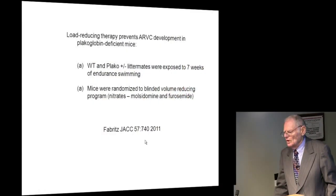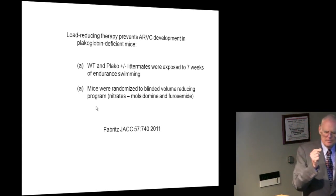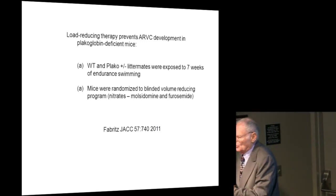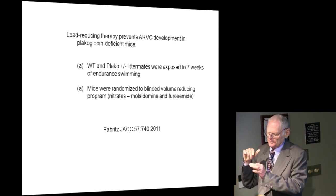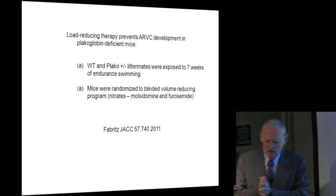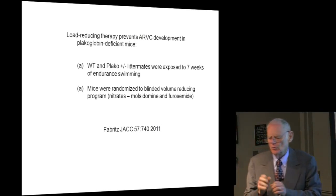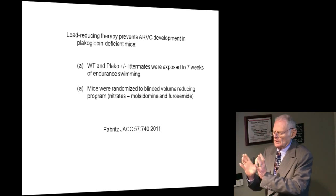There's an intriguing study by Fabrice, and those of you interested in this area should take a look at this study, JACC 2011. What he did was he took mice and he put them in a jug of water. Now these mice were mice who had knock-in abnormalities with a plakoglobin gene known to be pathogenic in humans. Okay, so they were affected mice with ARVC, and he put the mice into a jug of water where they